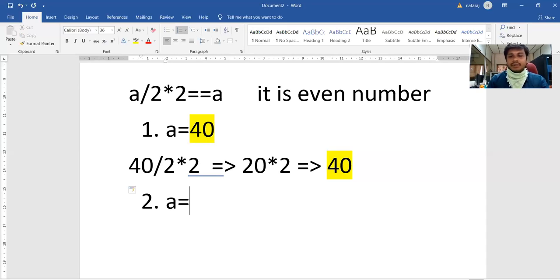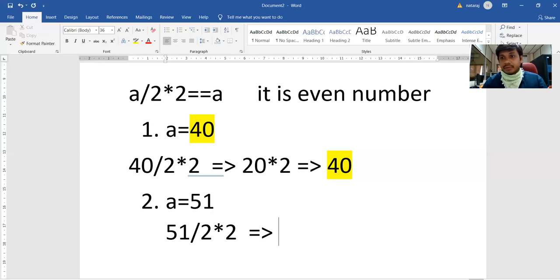Say A equal to 51. Now 51 by 2 into 2. This implies 51 by 2 is, it's not 25.5, it is 25, because integer by integer is integer. So 51 by 2 is 25, no real number. 25 into 2 implies 50.